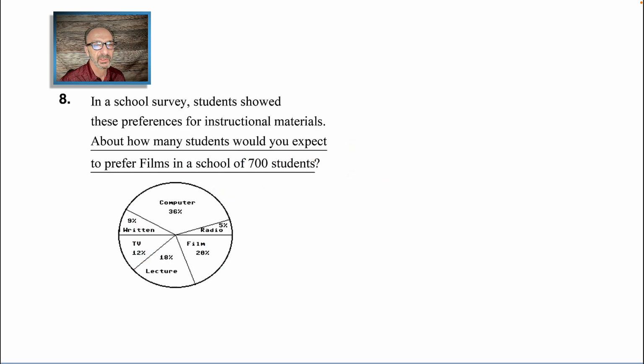Number 8. In a school survey, students showed these preferences for instructional materials. About how many students would you expect to prefer films? Let's stay focused. Films is right here, and that's films. In a school of 700 total students, how many students? That means we need to go 20%